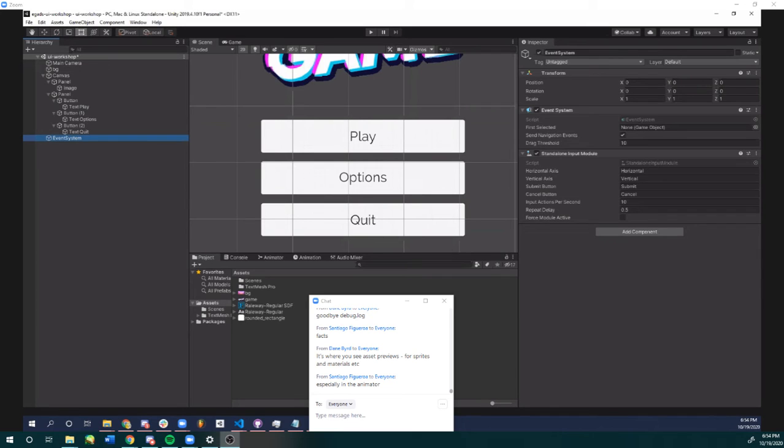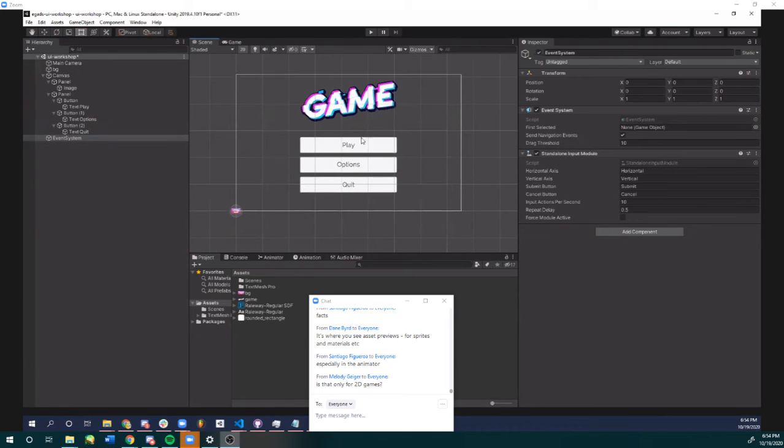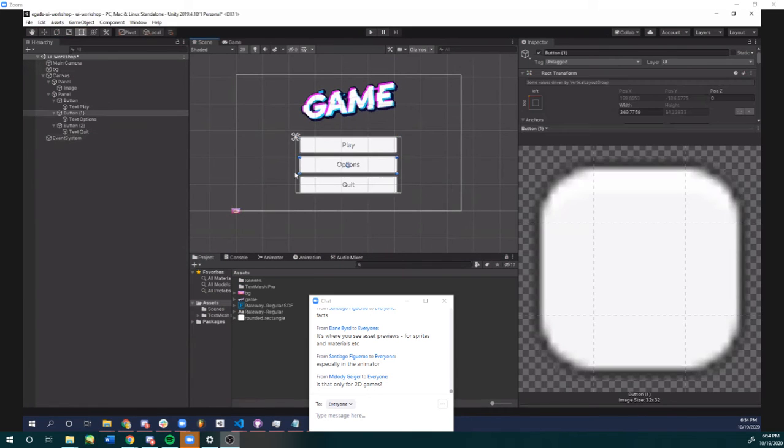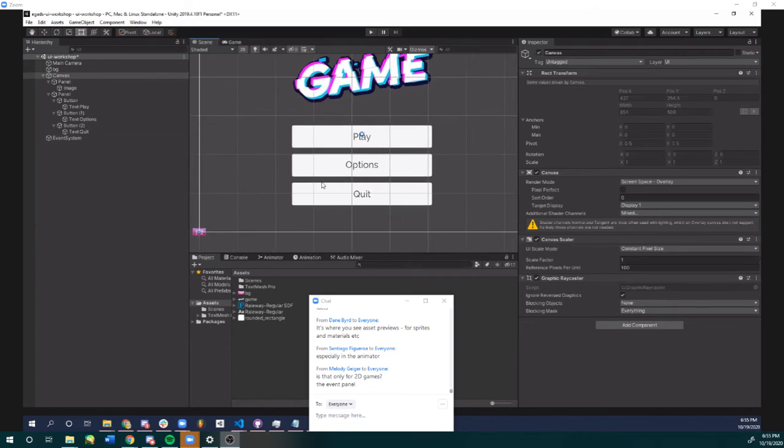Matt, did you have anything else you wanted to go over? Yeah, there is one more thing. Cool. So we did that, and we talked about anchoring. We've talked about these panels. One more thing to talk about, and this is a common thing you might do in UI, is